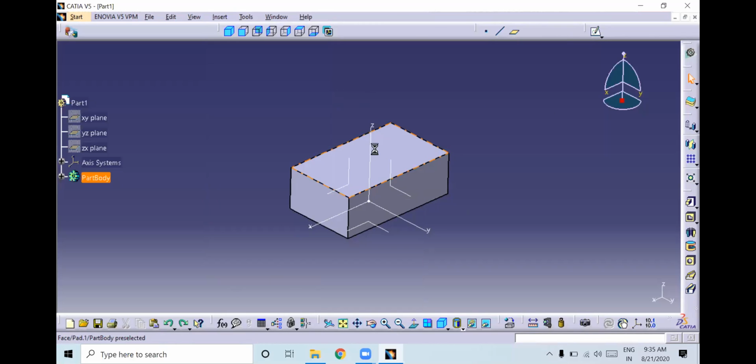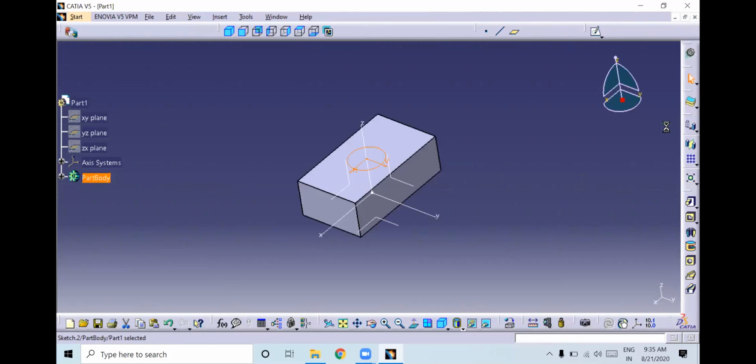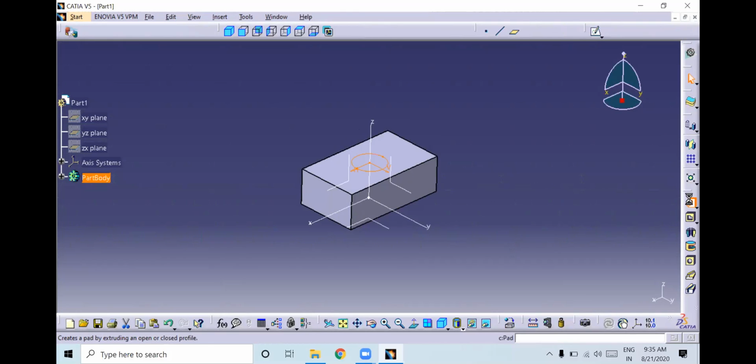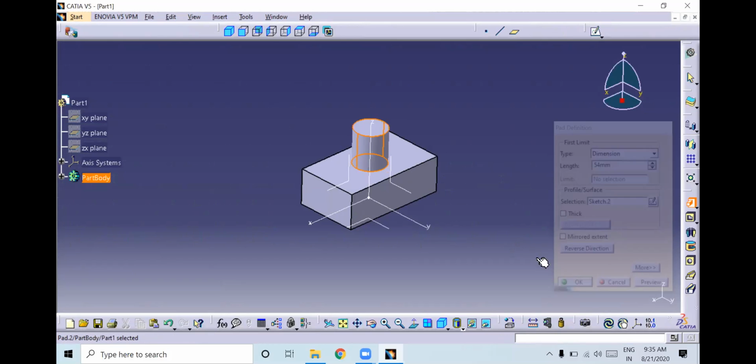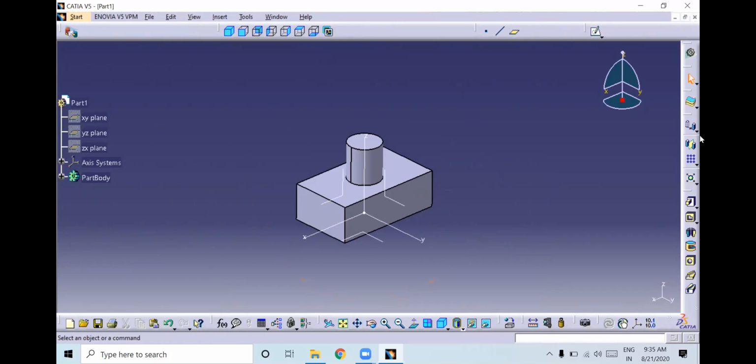See, mirror means, I will select this. Once you select this, I will select this one. Then I will create a pad here. Suppose you want the same feature on the bottom side, you can use the mirror option. So wait for a while.